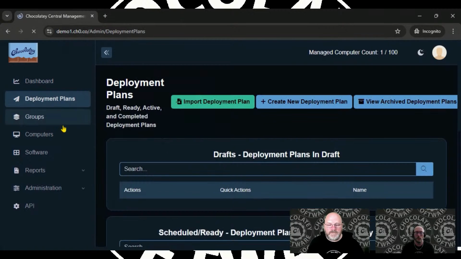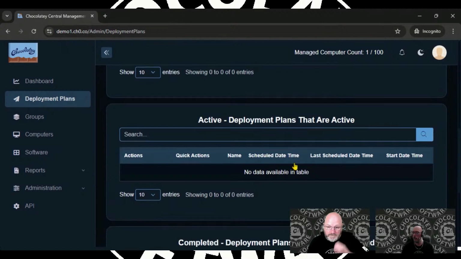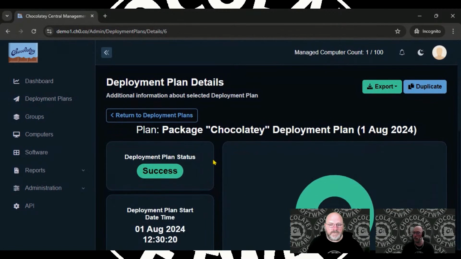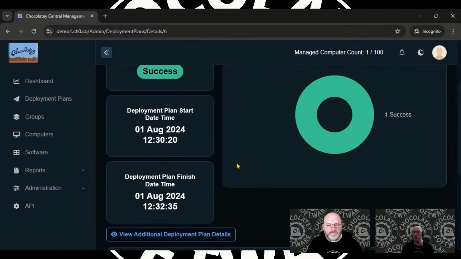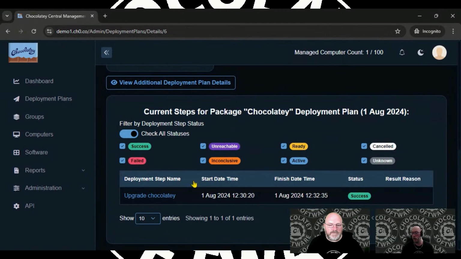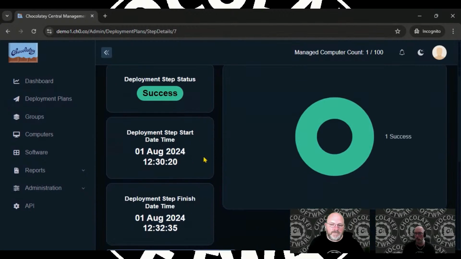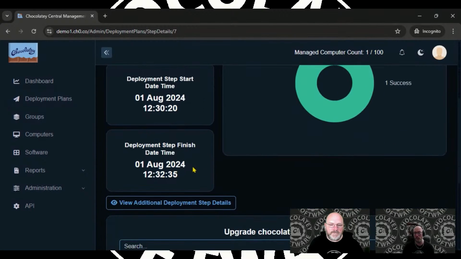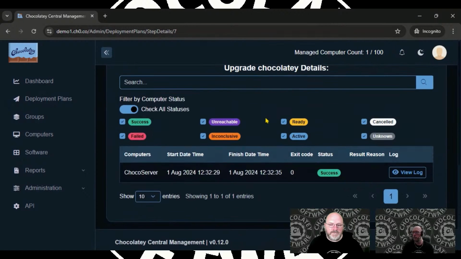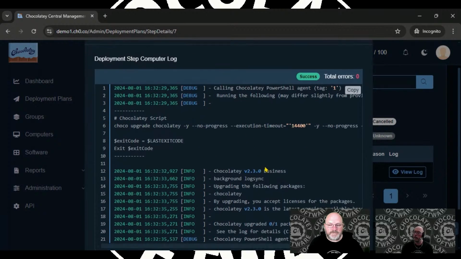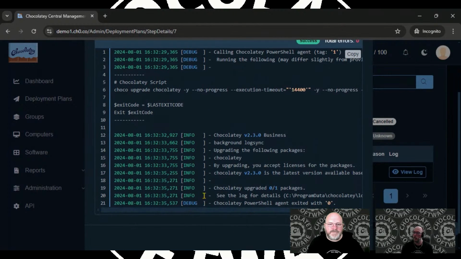I am interested to see why this deployment... So there we go. So it did succeed, and you can drill further in, check the success. You can see when it finished, and then you can view the log. You can see what actually gets run in the process, and then